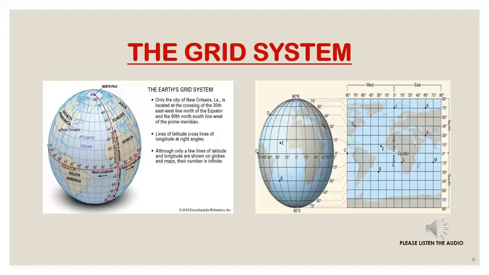Exactly the same way, we can locate any place with two particular lines. And when those two lines are drawn and intersect at a particular point, that entire process is known as the grid system. Through that, if a pilot goes to any place, he or she must know the grid system and the particular latitude and longitude regions.